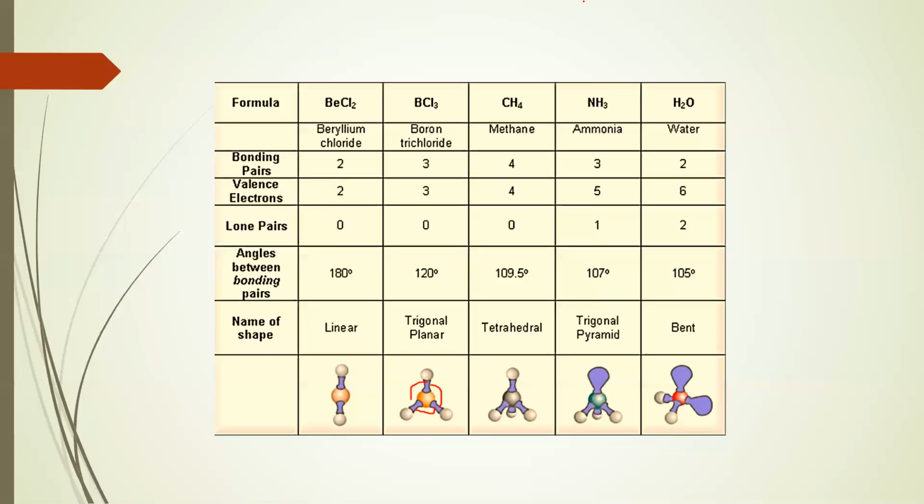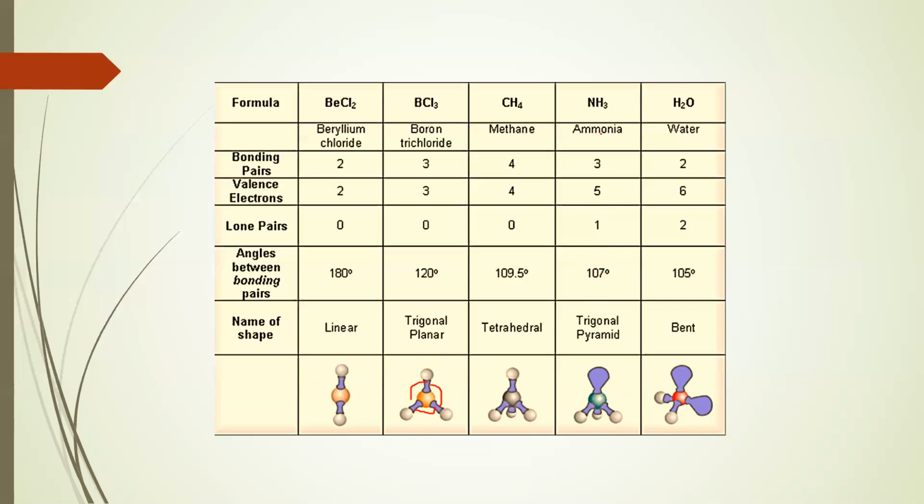Now you will get to know the difference between the lone pair and the bond pair, and if there is a lone pair, then what will be the difference. Now NH3. Just looking at the formulas BCl3 and NH3, we will feel that they should have a similar structure. But as you are seeing, they don't have a similar shape. Their shape varies. You can even check that their bond angle varies, that is, their bond angle also decreased.